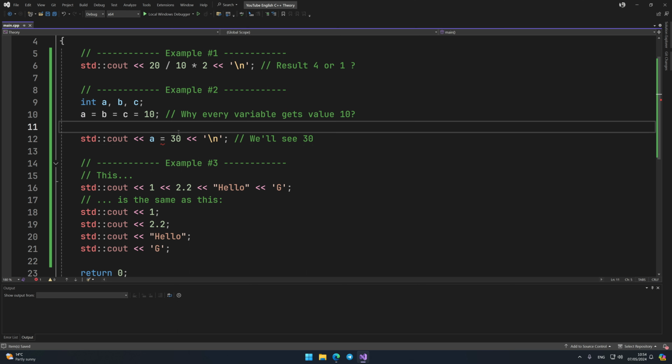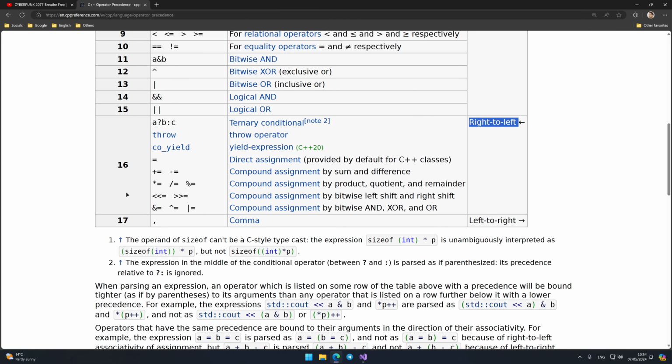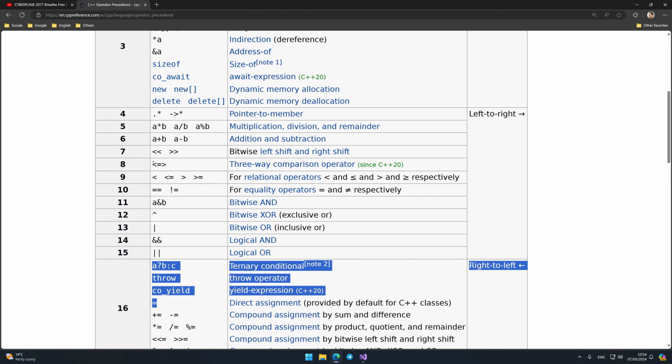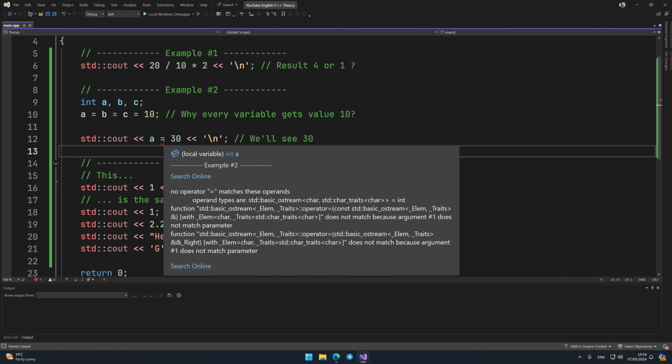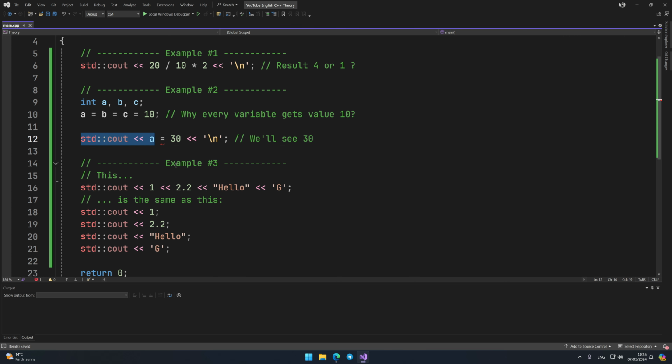And the answer is the following. The assignment operator has lower precedence than the bit shift left operator, and if we remove the parentheses, we'll get a compilation error. What is its essence? The fact is that the compiler will first execute the command to display the value of the variable on the screen. You don't know why yet, but this is where this operator returns the cout tool to its place.